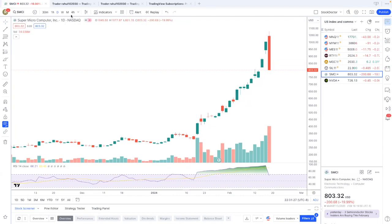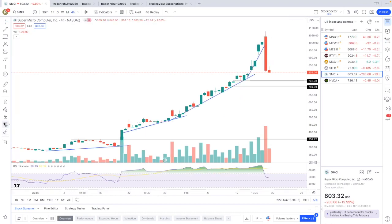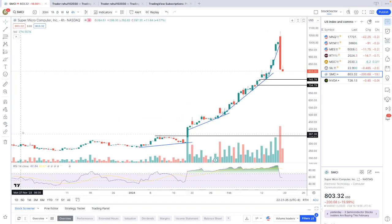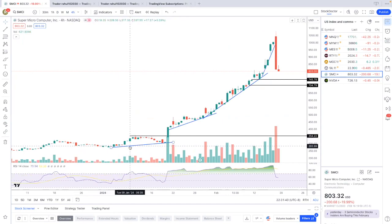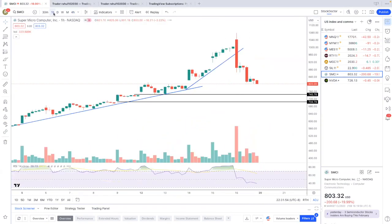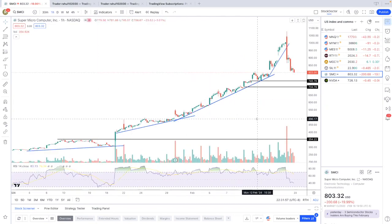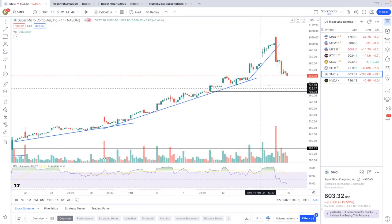Still, it is weak, and if we change it into the four hourly chart and unhide the drawing, then you can see here. First, it had a trend line which was flatter, then it got steeper, then more steeper, and then a parabolic up move. And now on the 4 hourly chart, or if you convert into 1 hourly also, then you can see here if it continues to go down from here, and which I think hopefully it will go more down, then the first stopping point it has is at